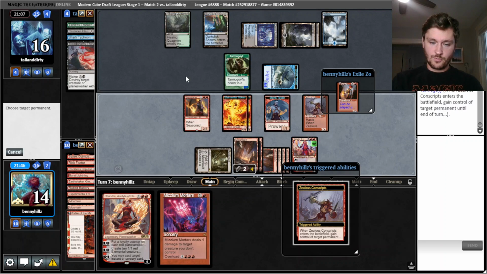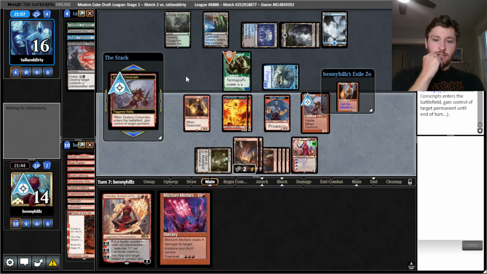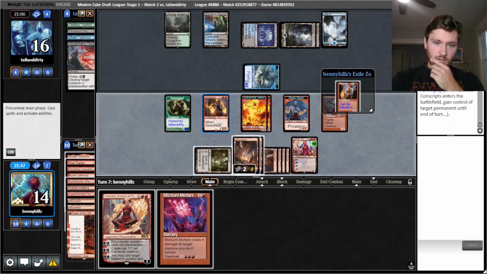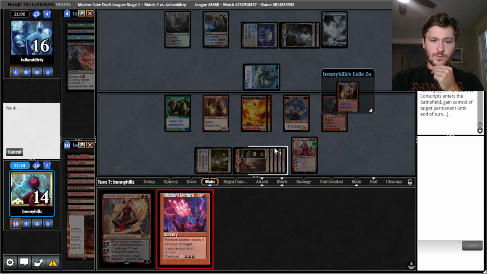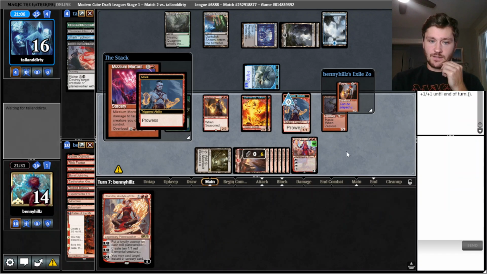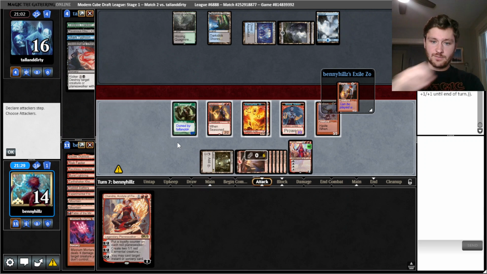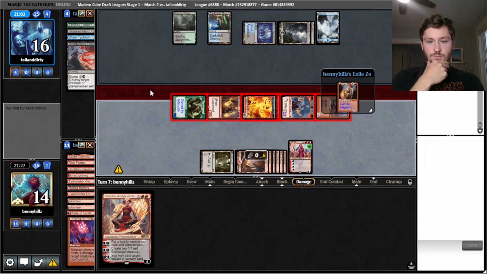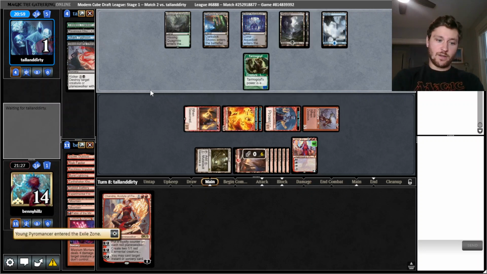Alright, so we'll steal your Tarmogoyf. Is it actually lethal here? No, we're swinging for 14, but it's very close. I'm actually going to Mizzium Mortars this Shark here. It means we don't get to play our Pyromancer, but I think that's fine. Getting to kill the Shark this turn is a big swing, and it might mean we get to keep our Jaya around. Still not lethal, but we'll swing with everything. Make them have something. That puts them to 1, so...